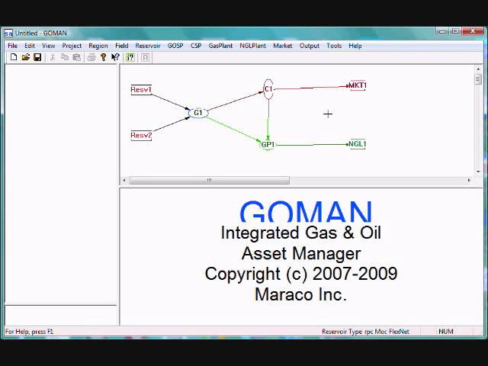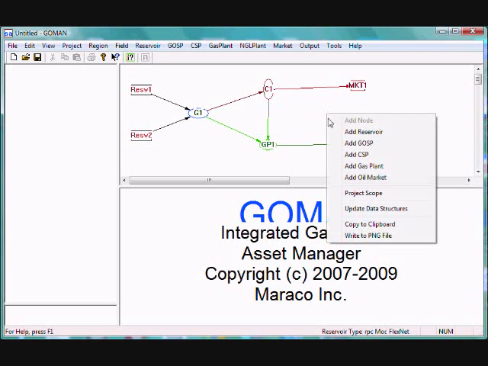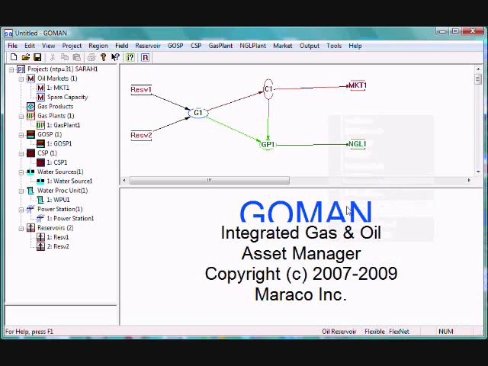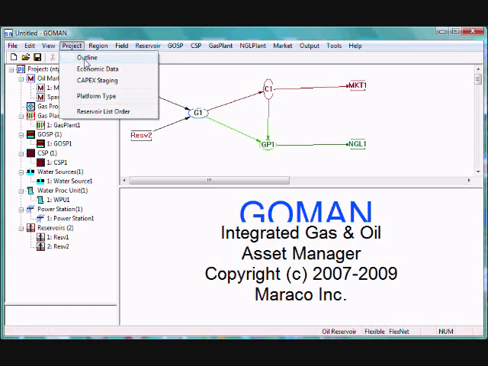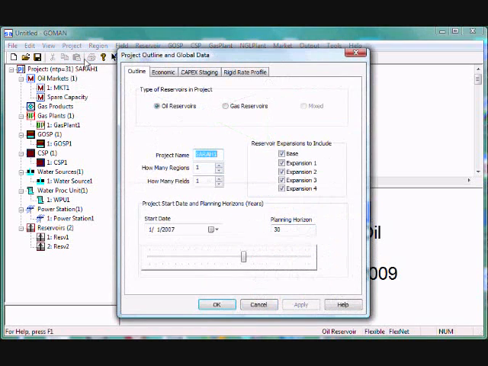Once we have defined our connections, we will right-click and select Update Data Structures to see all the elements of our project appear in the project tree here on the left side of the main window. By defining General Project Data, we'll select Project Outline, and we'll define what type of reservoirs we'll have in our project. So we'll select oil reservoirs. We'll give a project name, for example,